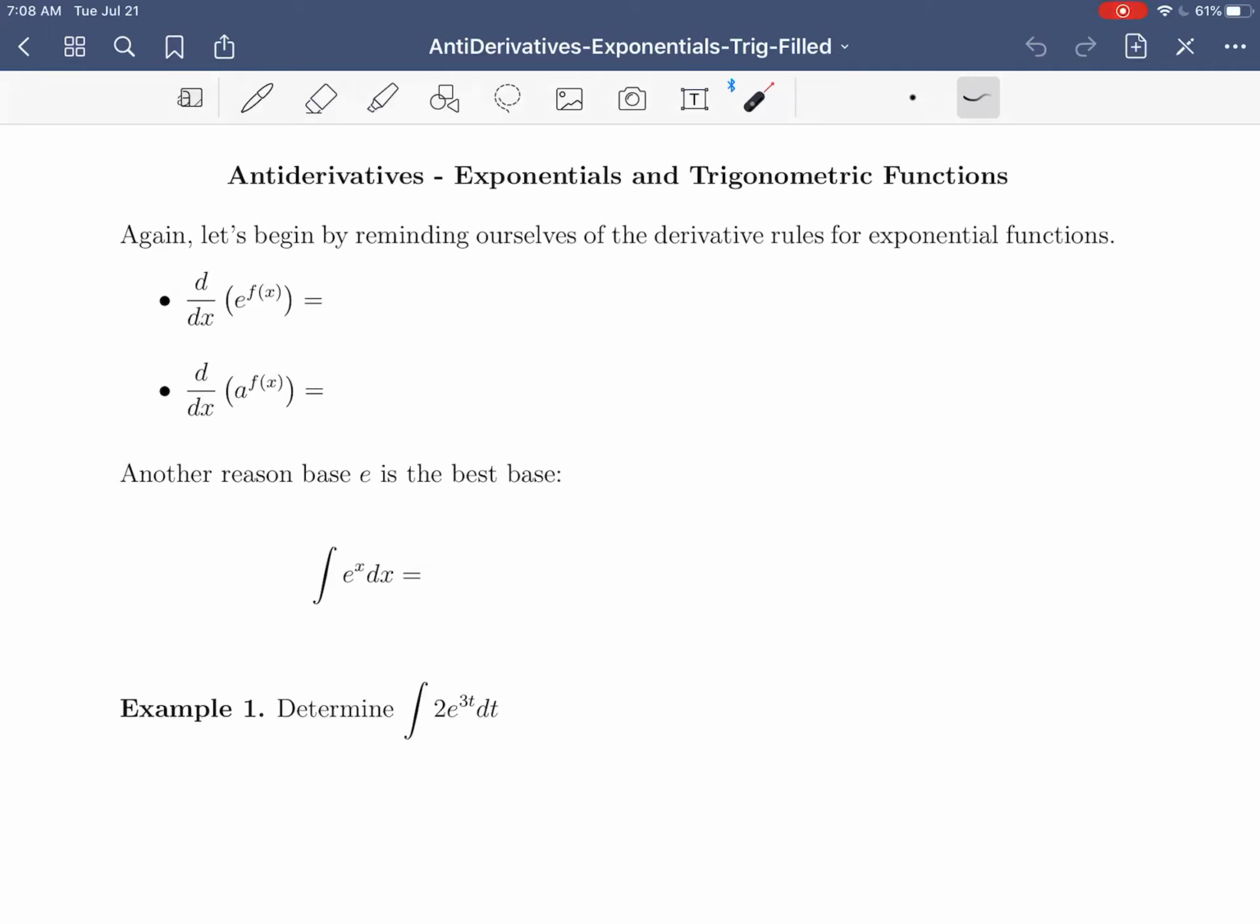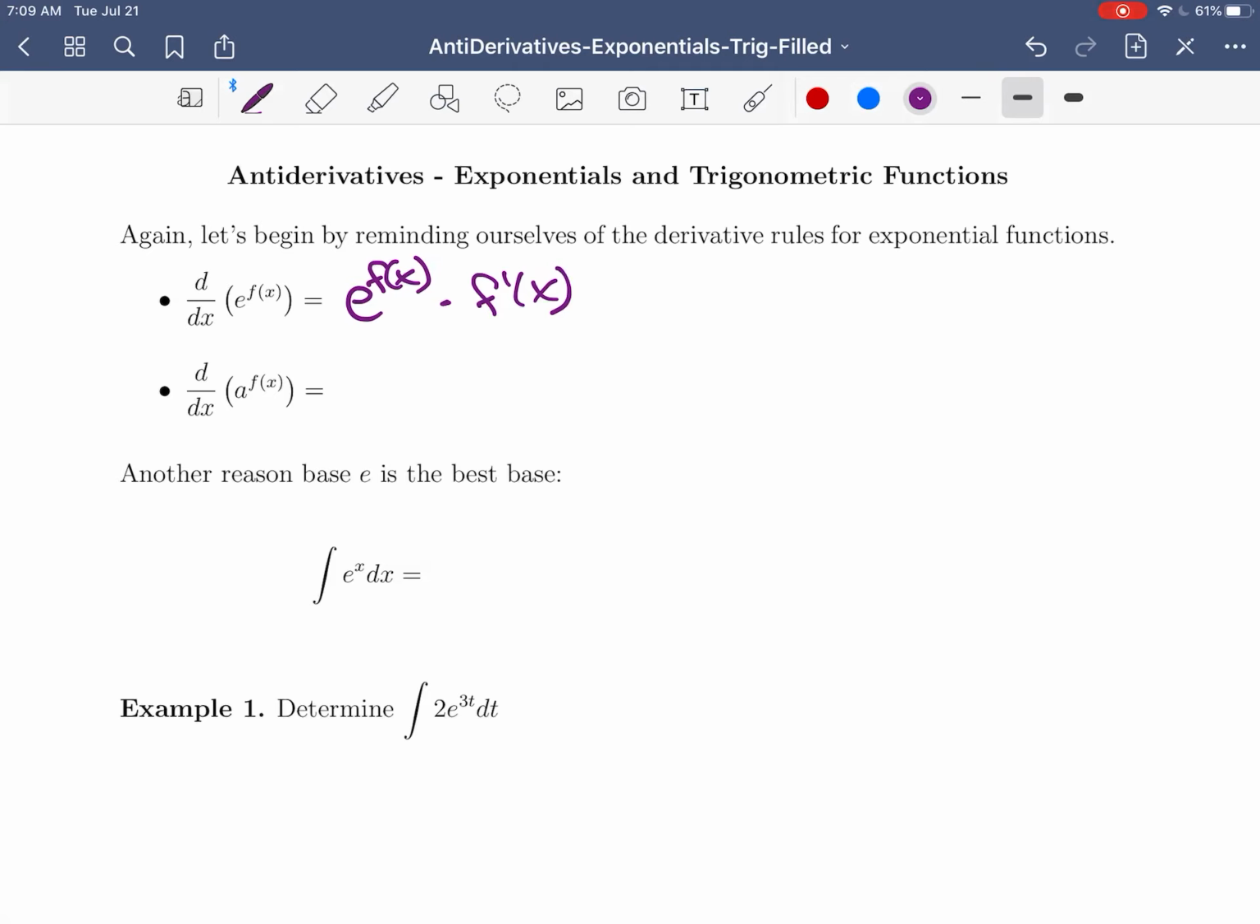In this video, we're going to talk about antiderivatives some more, but with certain functions, so exponentials and trigonometric functions. So we're going to start by reminding ourselves the derivative rules for the exponential functions with a function in their exponent. So if we want to take the derivative of e to the power f of x, remember that it's e to the power f of x, so the exponential always appears,